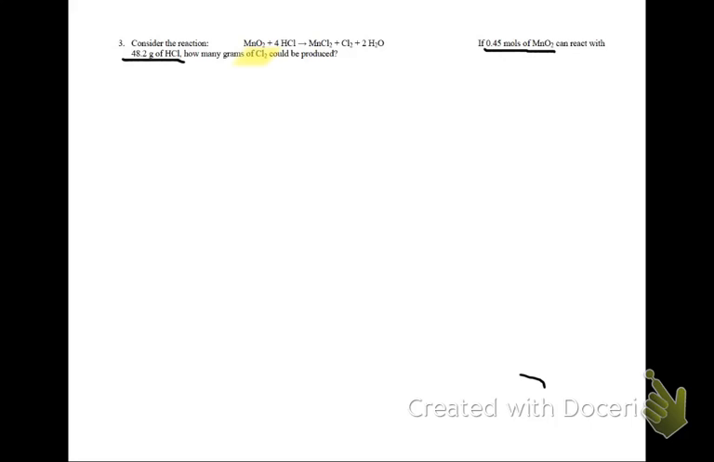So that means we're going to do the normal grams to moles to moles to grams to figure out how many moles of chlorine gas can be produced. So let's write that, grams to moles. And we're just going to moles, not all the way to grams. Alright, so the first given is